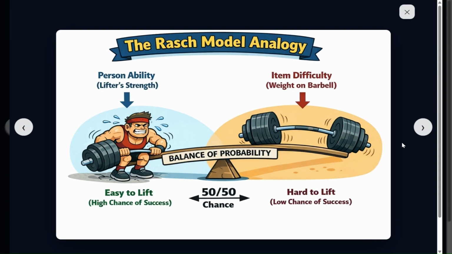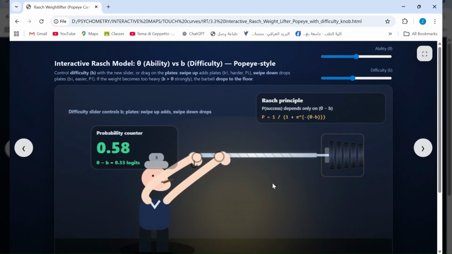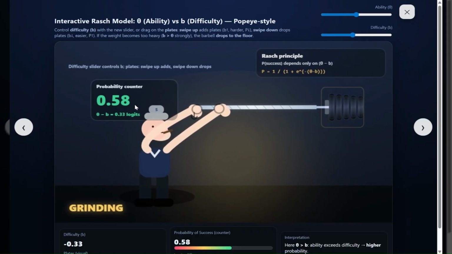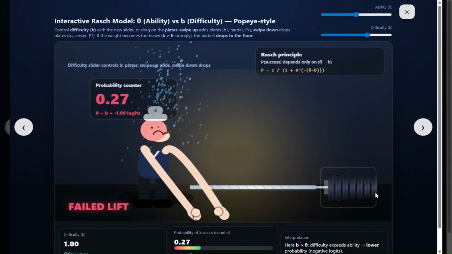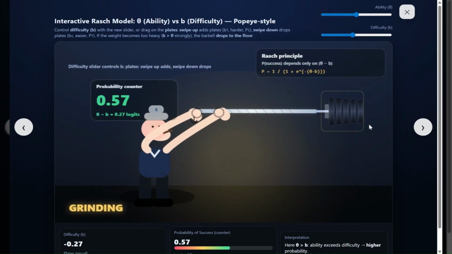Well, let's see like that. We see something like here, this principle. Let's fix the man's ability and increase the difficulty. Let's increase it now like this. This is the probability counter. So if we increase the difficulty, the probability will become low. If you decrease the difficulty of the item for the same ability,